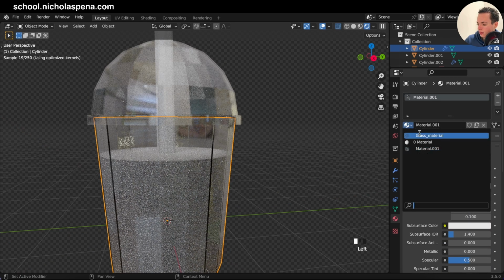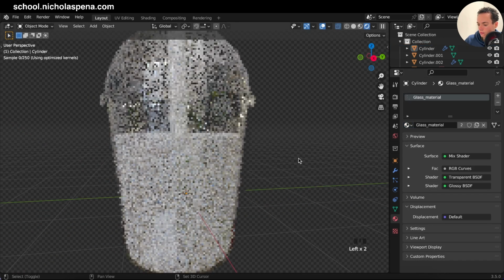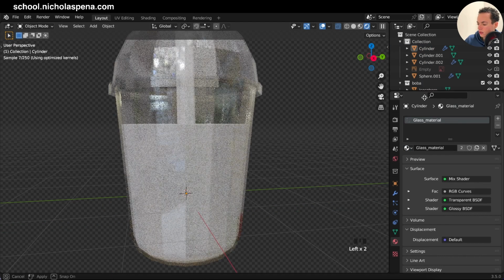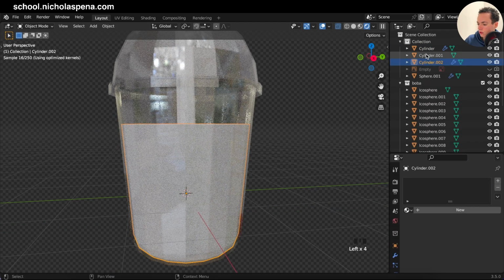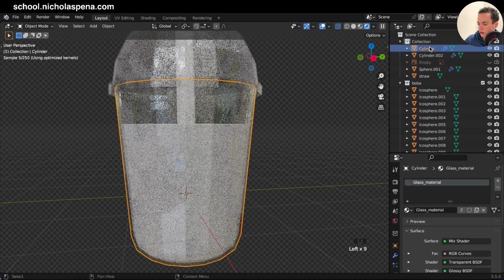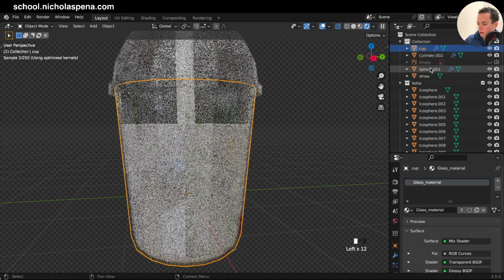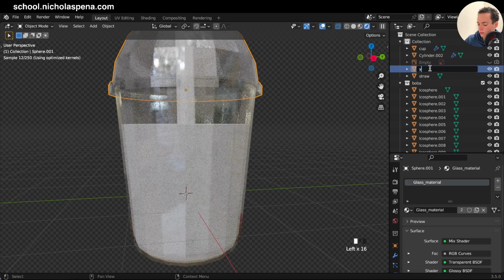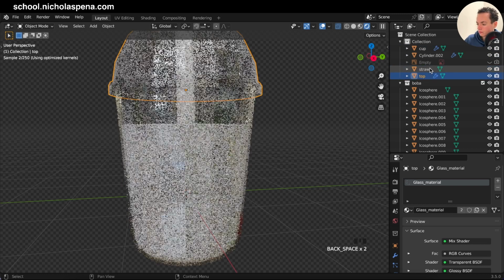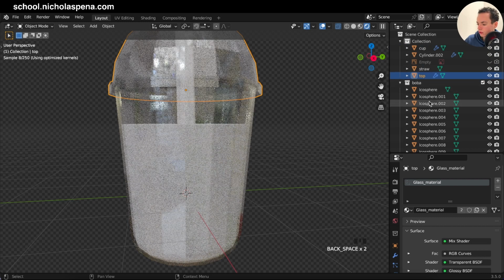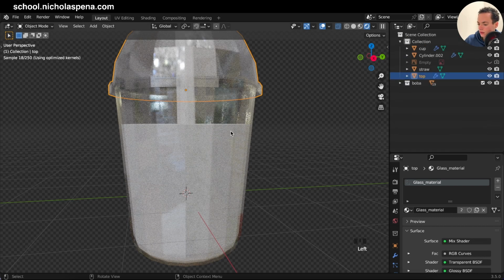I'm going to put my glass material, and then the liquid. So we can rename everything. Cup, the sphere is going to be the top part, and the straw and all the bobas are going to be the icospheres. Now the liquid,